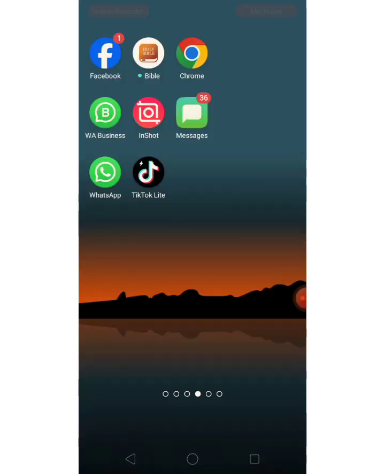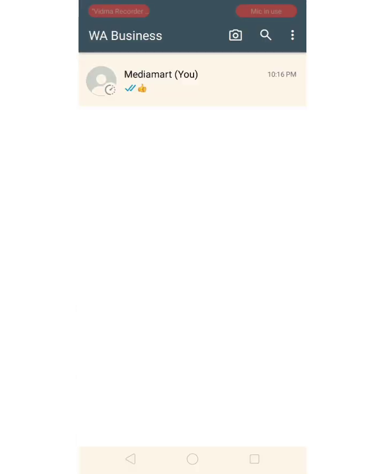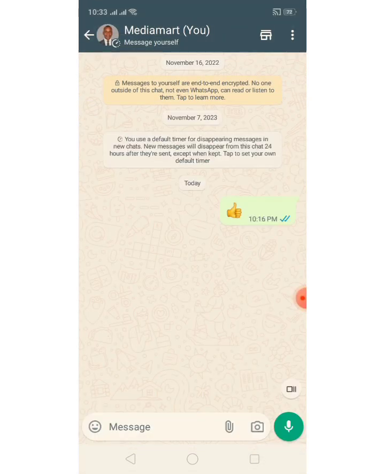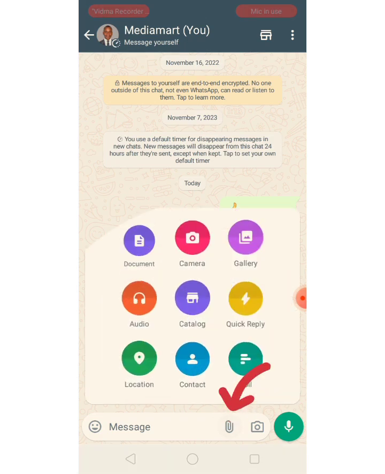So what you're supposed to do is go to WhatsApp and then go to the person that you want to send the photo to. Then down here you can see there's a pin. Click on that pin, then go to gallery